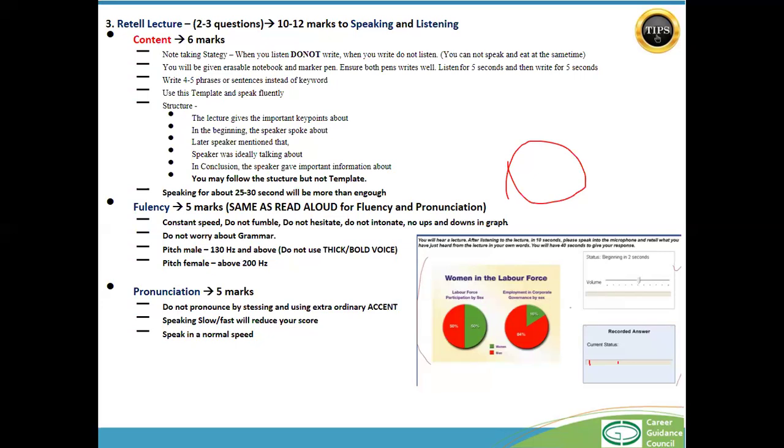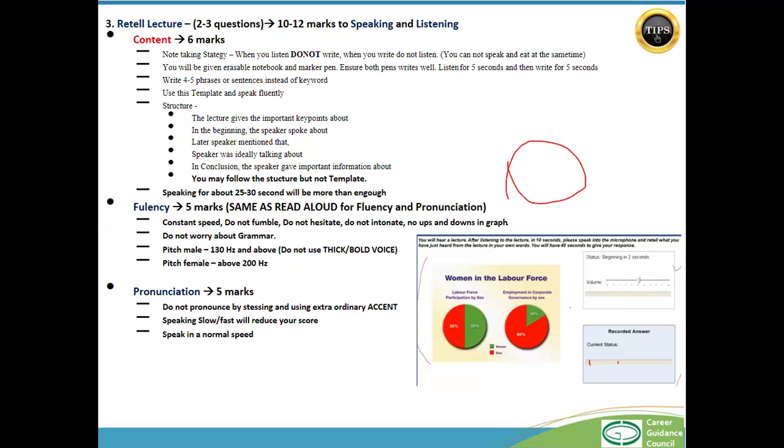Here, the PTE guide says 6 marks will be given for your content, and 10 to 12 marks will be given to speaking and reading, because you are listening and you are speaking. That's the reason you will be scored for listening and speaking for 10 to 12 marks,